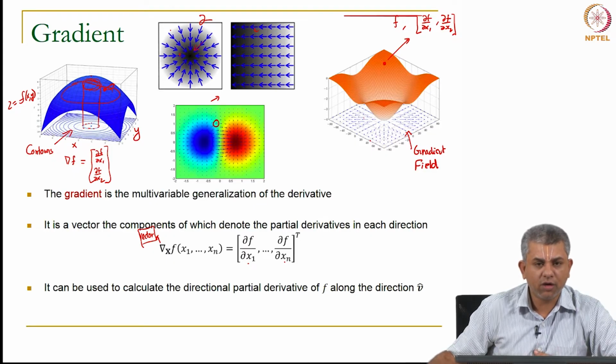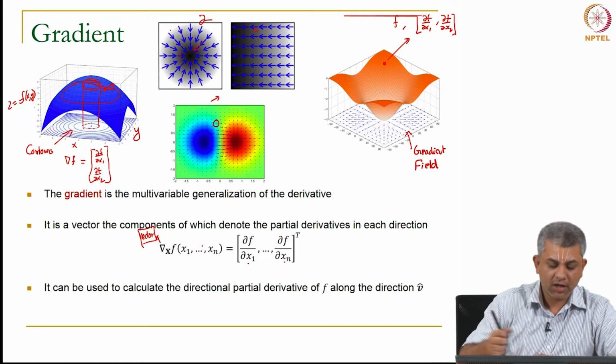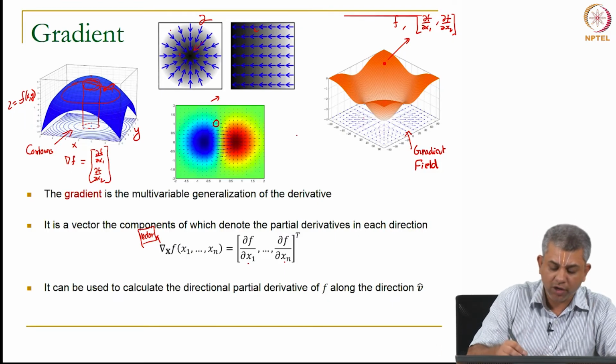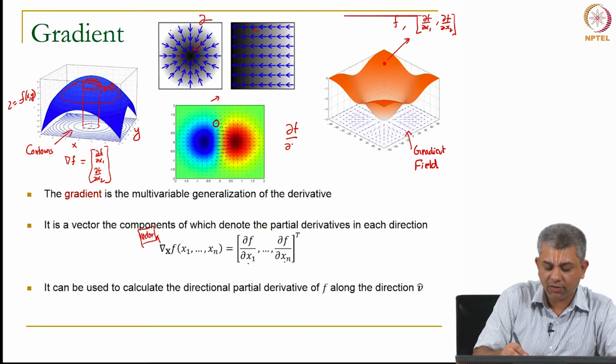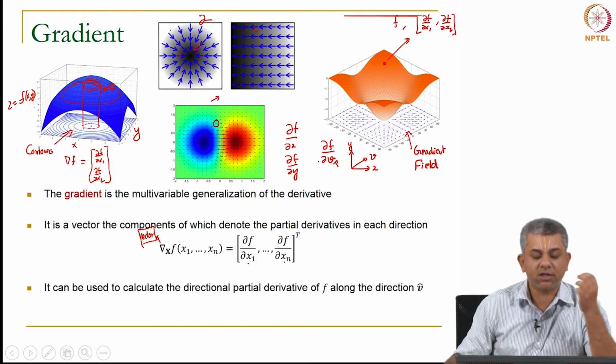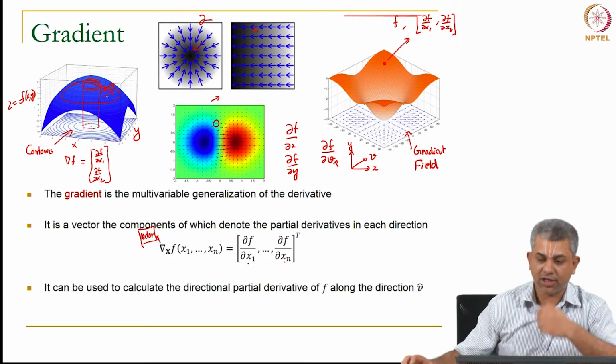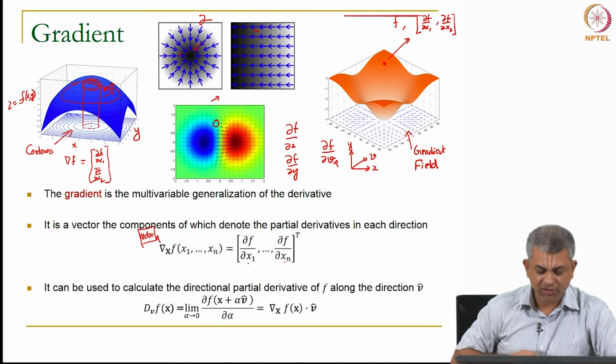Now, one useful way of utilizing the gradient vector is, as I told you before, you might not only want del f del x and del f del y, you might also want del f del v, where v is some other direction. So, suppose x and y are orthogonal and v is a third direction. Suppose you want del f del v. What does that mean? Physically it means if I move in the direction v or v hat, how much will the function change? And this is fairly easy.